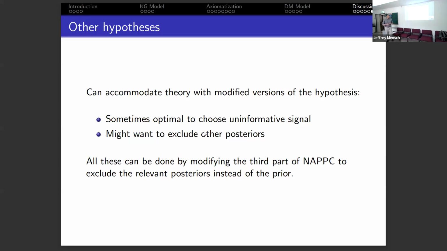We can also think about other hypotheses, going on to a different subject now. Some things that I haven't really discussed, but I think I need to extend the theory to. What I mentioned is that I'm only ruling out that the prior could be optimal, namely I'm assuming that the sender needs to benefit from persuasion. What I should also be thinking about is testing, maybe there are some cases where actually the sender strictly benefits from not sending information. So I could think about both testing the case where the sender benefits from information as well as cases where the sender strictly does not benefit from information, namely that